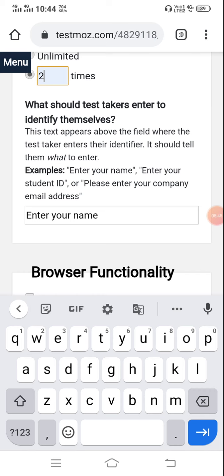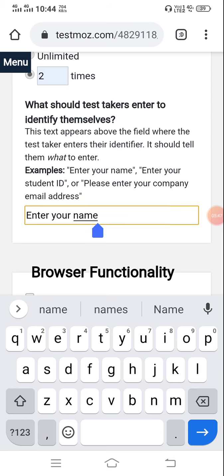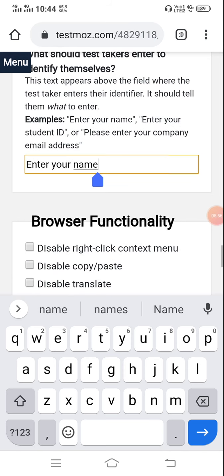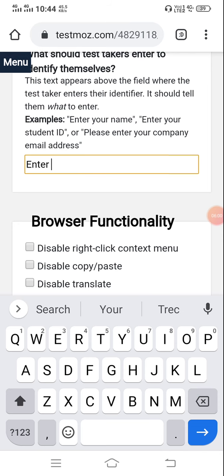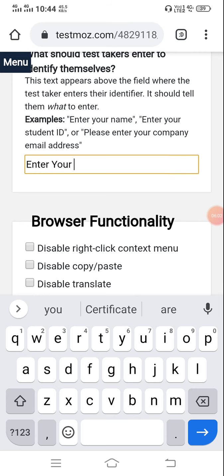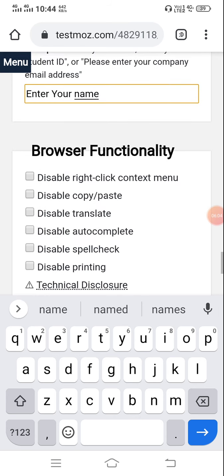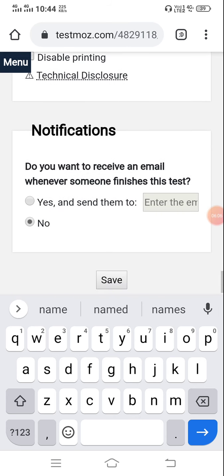Here we use either enter your name, enter a student ID, or enter email address, whatever you require. Here you can edit. I am giving here enter your name only. And next, go to the save tab.